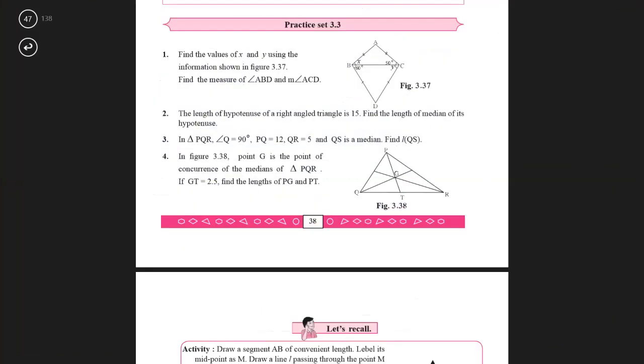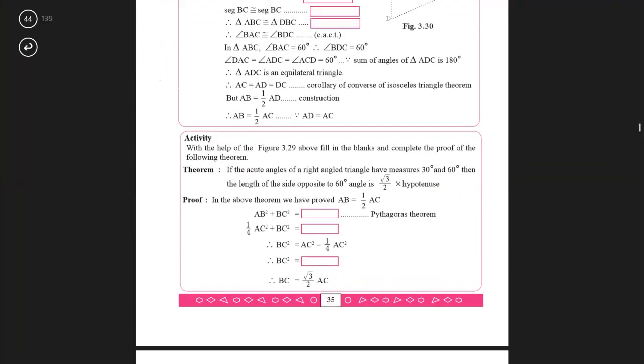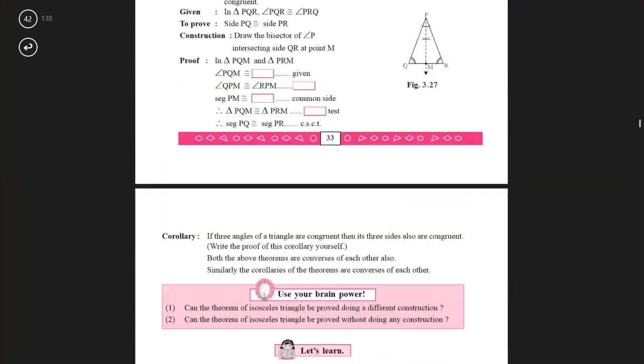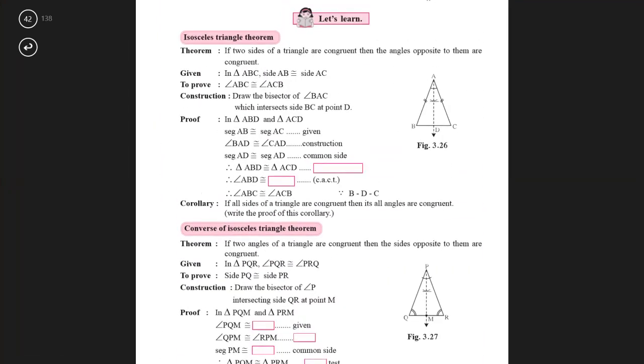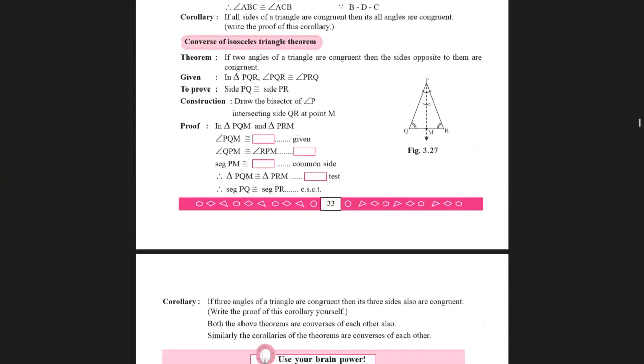Okay, so exercise practice set 3.3 is over. Now, what are the things that you will write in this exercise in your classwork? To begin with, you will first write what is isosceles triangle theorem. So we began from here. In your classwork, you're going to first write isosceles triangle theorem, the theorem given to prove construction and proof, okay, with figure 3.26. After this, converse of isosceles triangle theorem, you just need to write the statement. Just write the statement, for it is beneficial for you because there are applications.